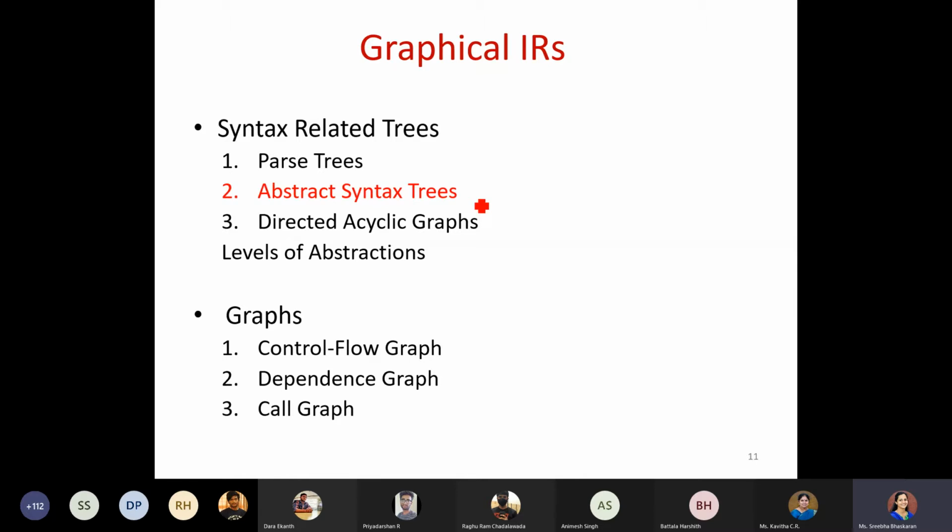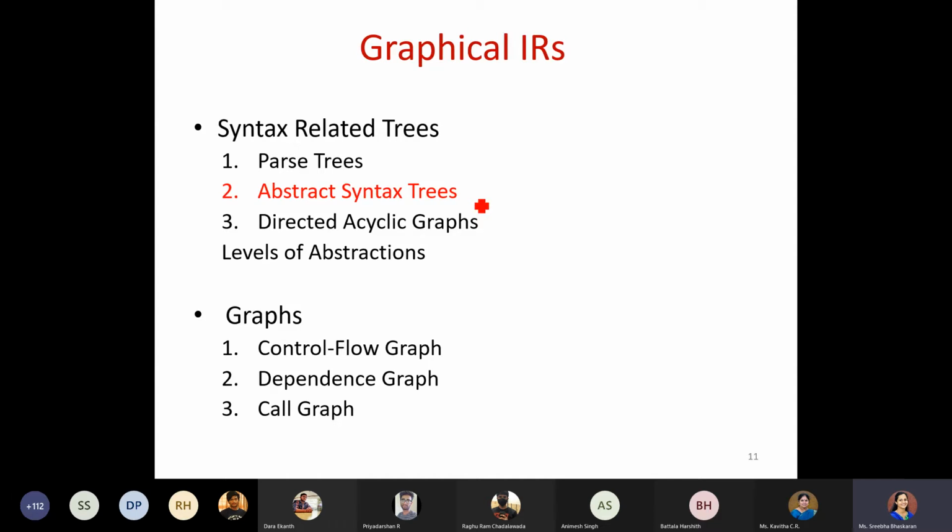Similarly, when you go with this directed acyclic graph, what is the extra thing you have to see? Whenever a variable is called, you are not simply creating the nodes as such. What you are seeing is whether the same variable has been created before or not. So you have a little more computation.